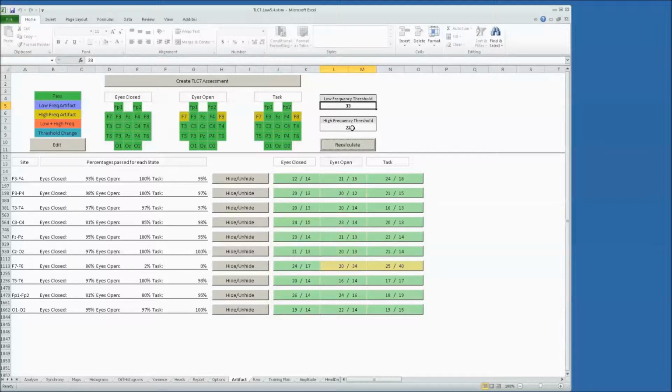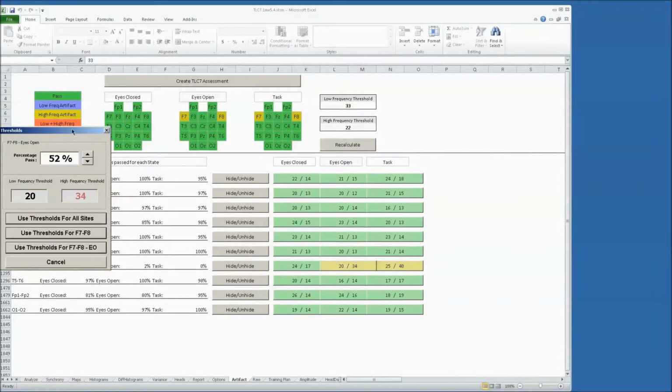So I might accept this as an option in order to have both eyes closed and eyes open data at F7 and F8. I'd have to go all the way up to 40 for fast waves in order for the task data to pass. So one option is for me to say if I'm going to use 34 for F7 and F8, I should use it everywhere. The other one is to say, well, F7 and F8 are places where the person might be squinting, so I'll just use it there. So I'm going to click on this yellow button here for 20 and 34, eyes open F7 and F8,